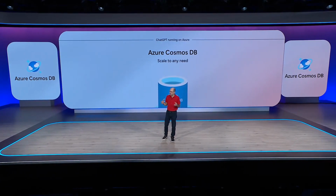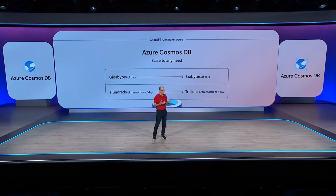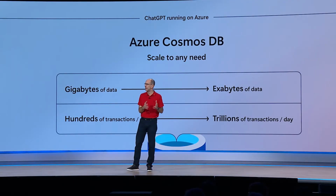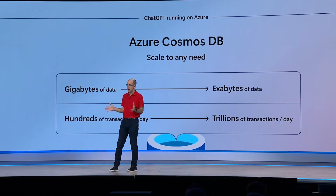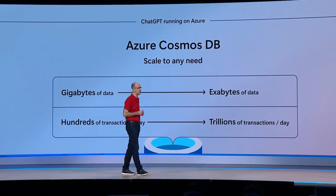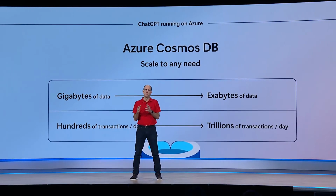Cosmos DB allows you to elastically scale your storage and performance throughput with zero application downtime. You can start with gigabytes of data and then scale it up to manage petabytes of it. And you can start by processing just say 100 operations per second and then scale to millions of operations per second around the world. And best of all, with Cosmos DB, you only pay for the storage and performance throughput